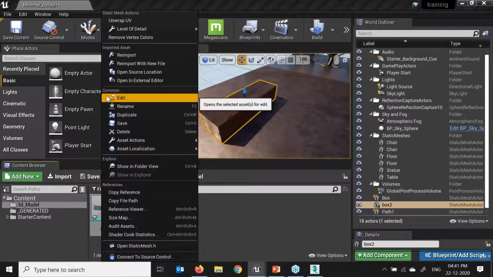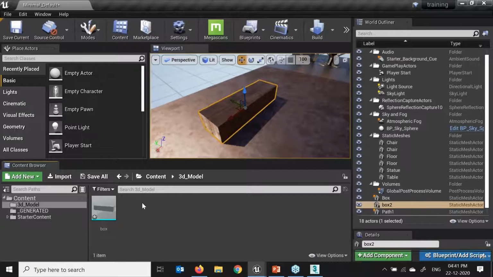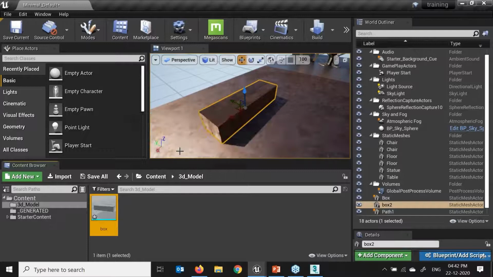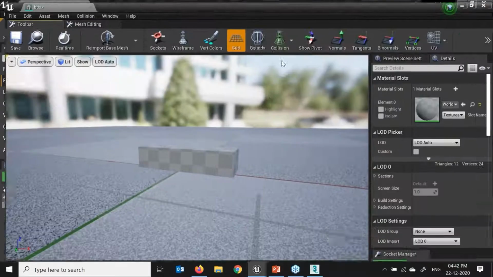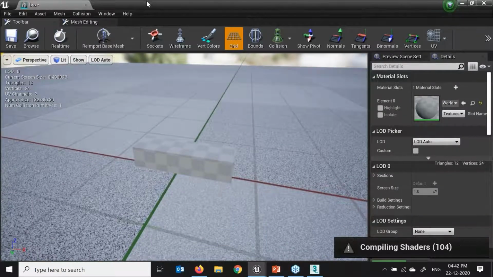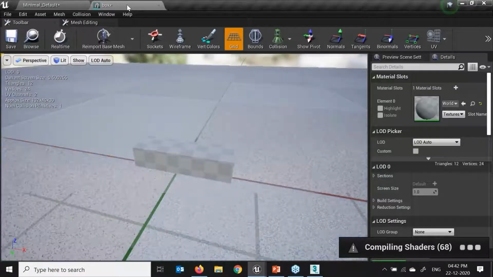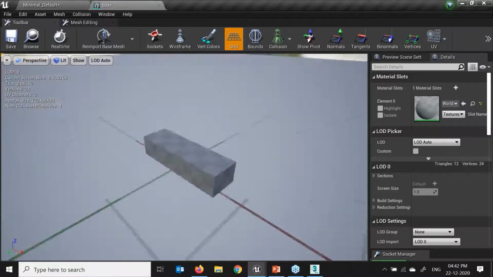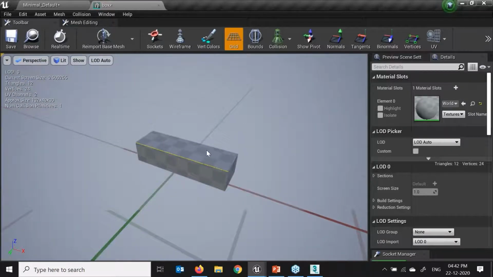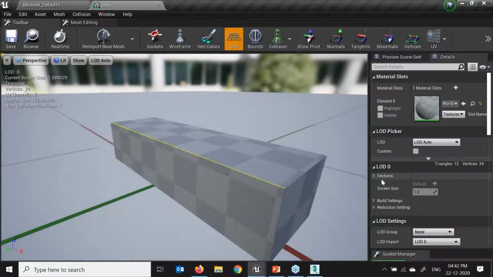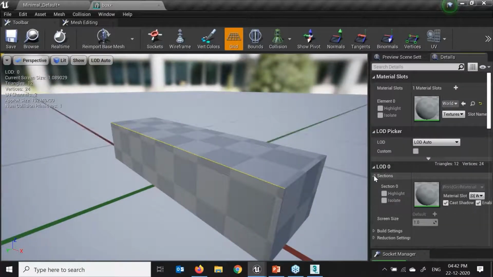Okay, so now we'll understand what a static mesh is. If I double click on my object, this window will open. This is my static mesh options, correct? Once I double click, I'll just drag and drop it over here so I can see my scene view, and this is my static mesh editor, correct? If I click over here, I can set the level of detail for my object.